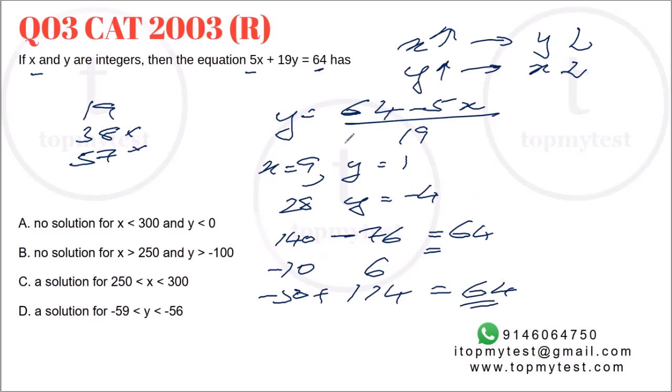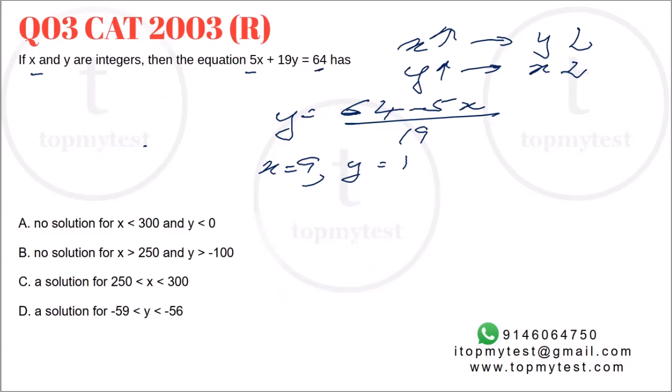You find the first solution, and then if it is addition, if one increases, the other decreases. On the other hand, if it was subtraction, suppose it was something like 5x minus 4y equals 64. As x increases, y will also increase. As y increases, x will also increase. And similarly, as x decreases, y will also decrease. And there will be one value to start with, again like this case. Now you found the trend in how x and y proceed.